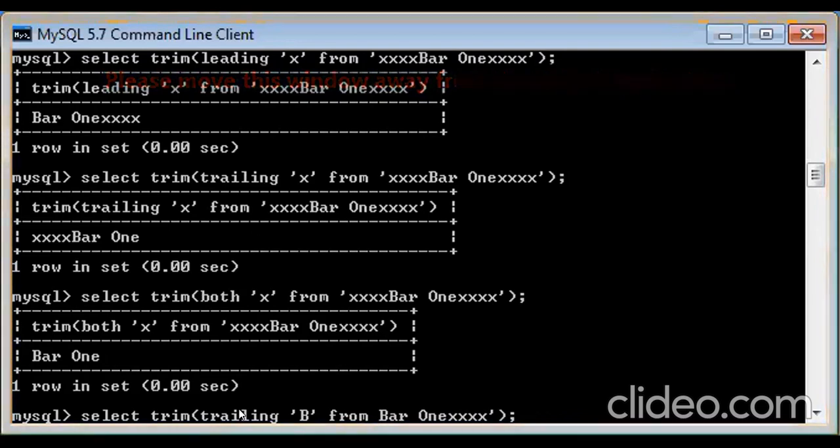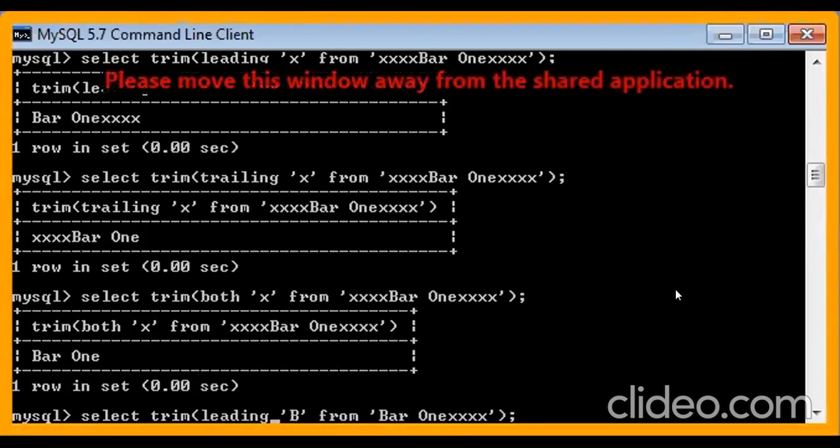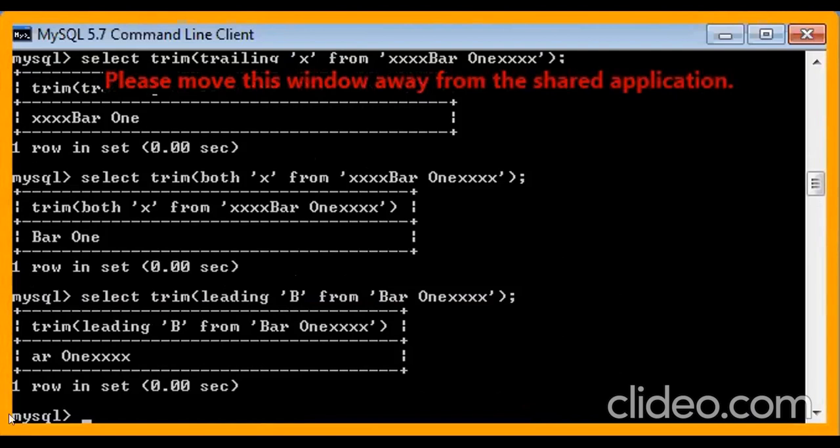Leading means the starting character. So if I want this removed, I can write it like this. Not trailing, sorry, it should be leading. So you can see B has been removed from there.